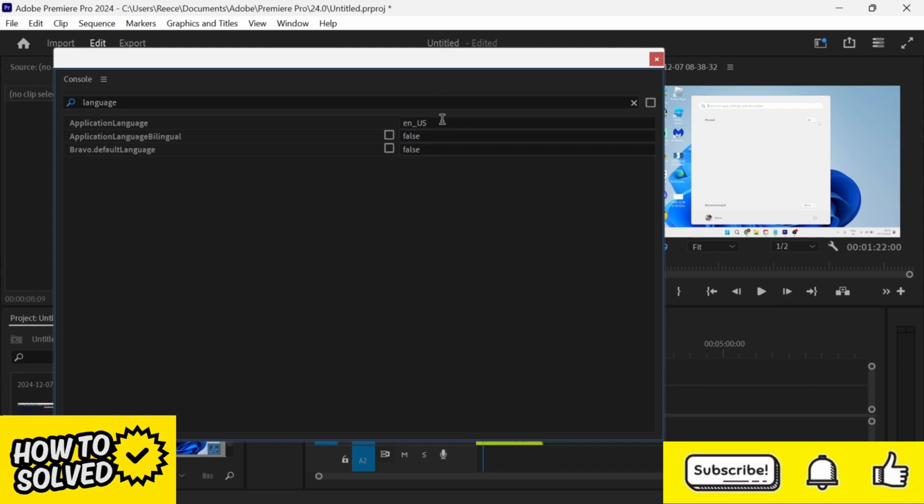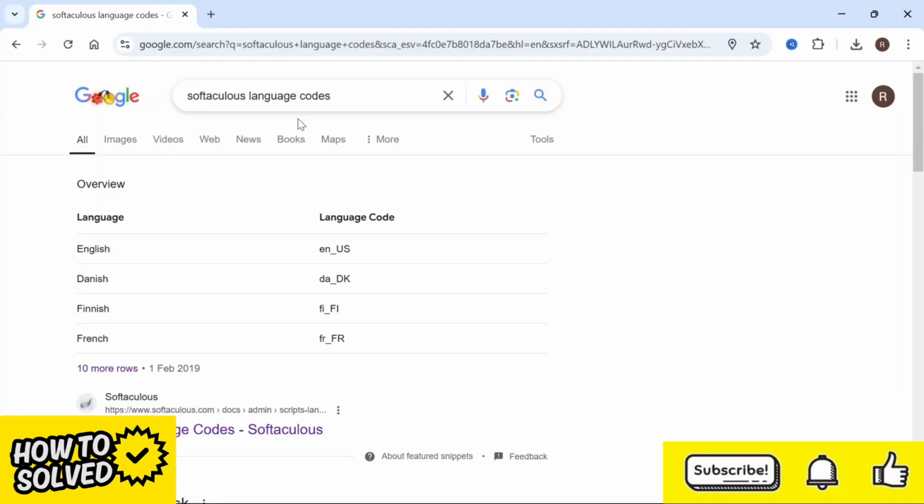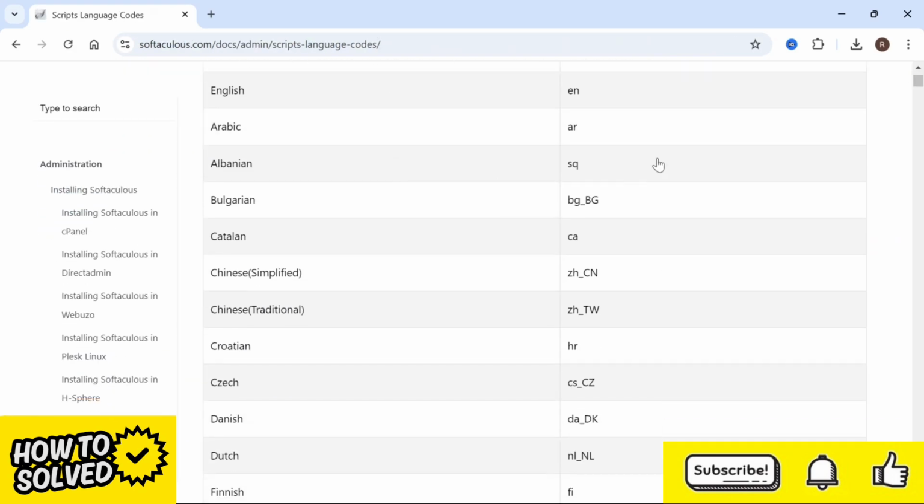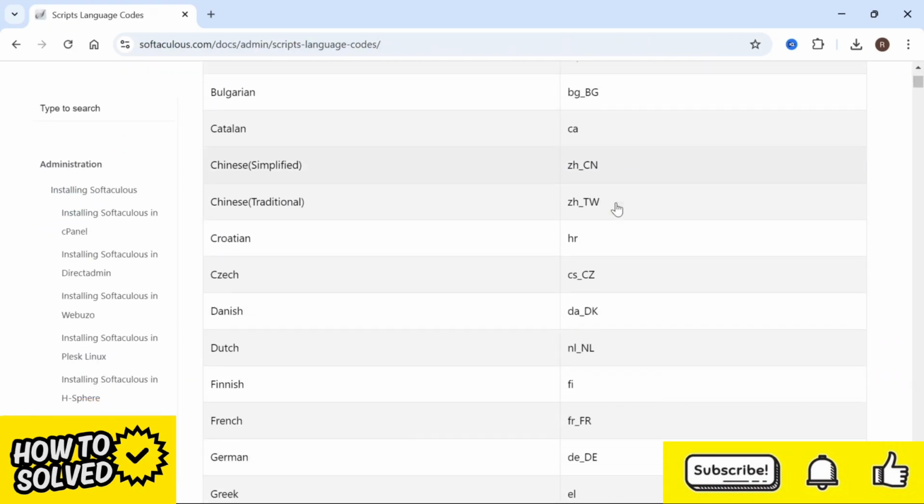So all we need to do now is find out the code for the language that we want to change to. So to do this, just head over to an internet browser and in the search engine, type in Softaculous language codes and hit enter. Then you need to head over to this first website here. And if you scroll down, you'll be able to see all of the different language codes that relate to each